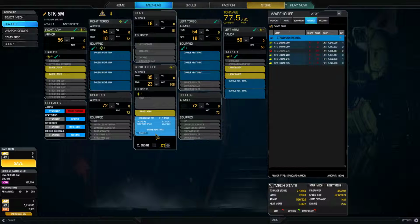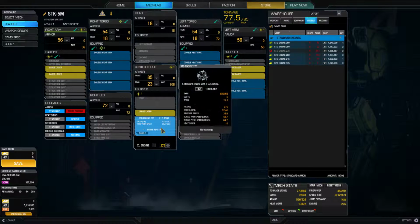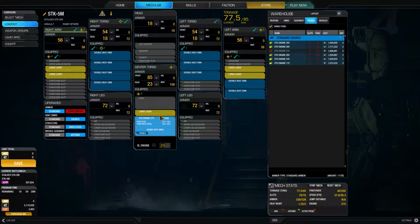For people who don't play a lot of MechWarrior, standard engines are heavy but small. They're compact. Which is useful because in MechWarrior you can kill a mech outright by destroying its engine, and smaller engines are harder to hit. You can only damage it by eating your way through the armor of the center torso, which is quite heavy. Which is quite